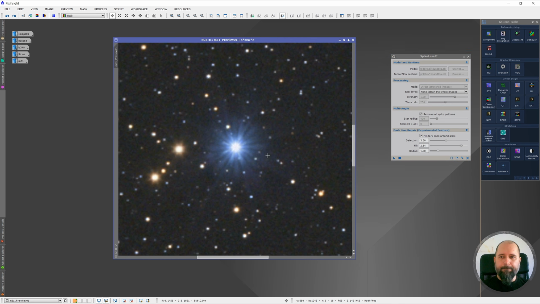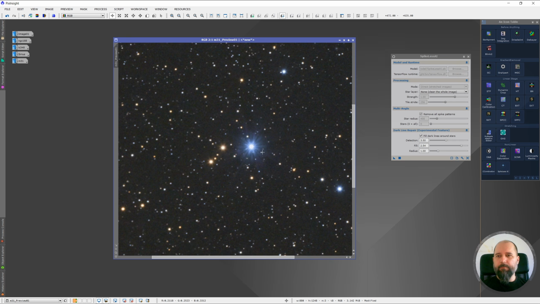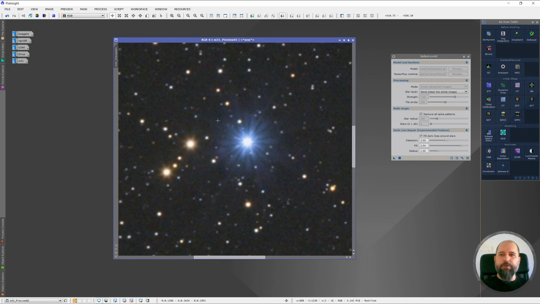Some more. Let's say this is enough. Now we have some very strange formation, but what we can do here is apply again. Just lower the fill to 1.5 detection, because we now again have these holes, and we can apply again the dark line repair, because